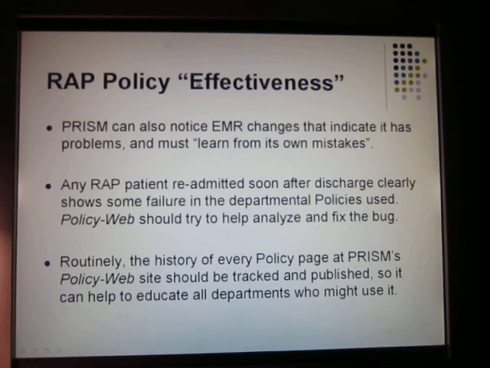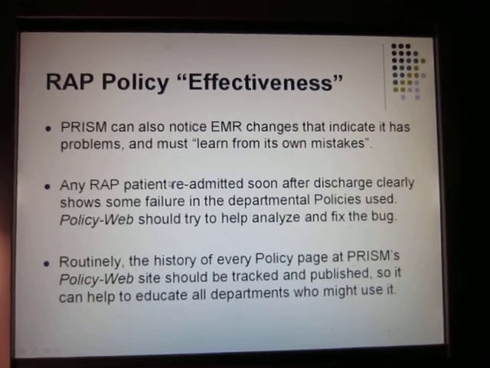Finally, a RAP policy can check on its own effectiveness because we can find out if a patient was readmitted